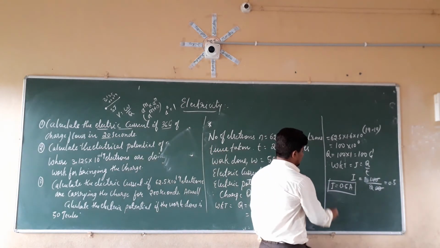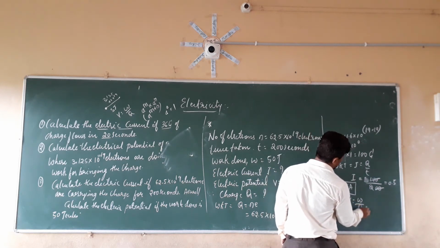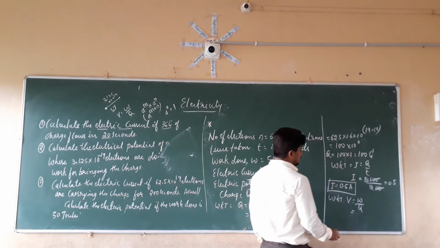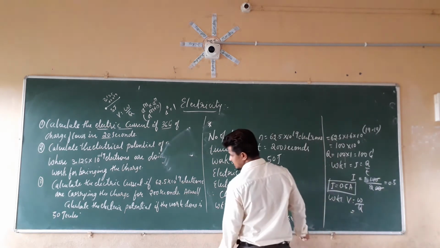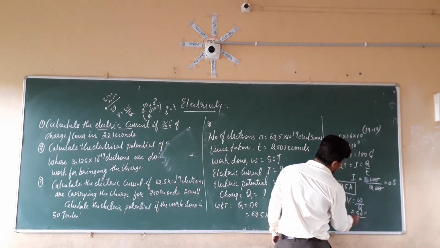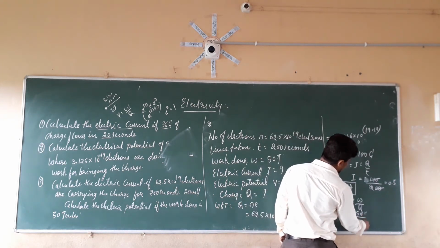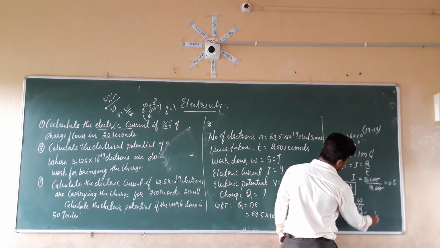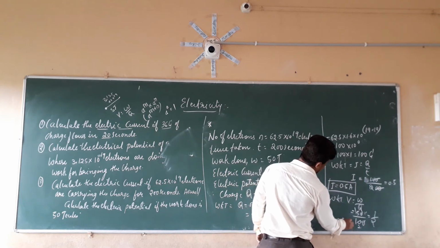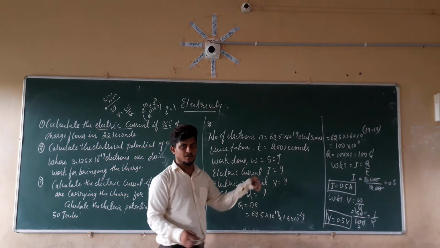In the same manner, we know that the formula for voltage is V equal to W by Q. What is the value of W here, which is given in the problem statement? It is 50 joules, all divided by the value of charge, which is 100 coulombs. So the zeros get cancelled. 5 ones are 5, 2 ones are 2. It will become again 1 by 2. Therefore voltage is equal to 0.5 volts.